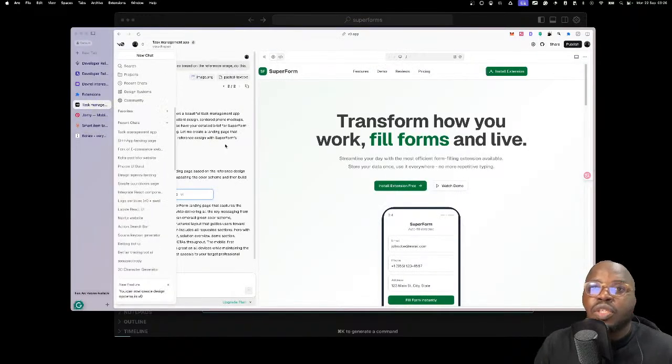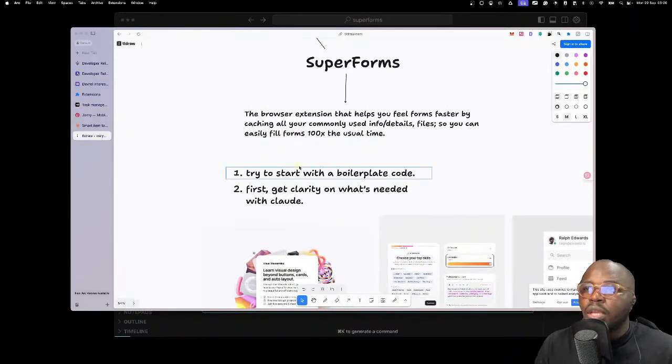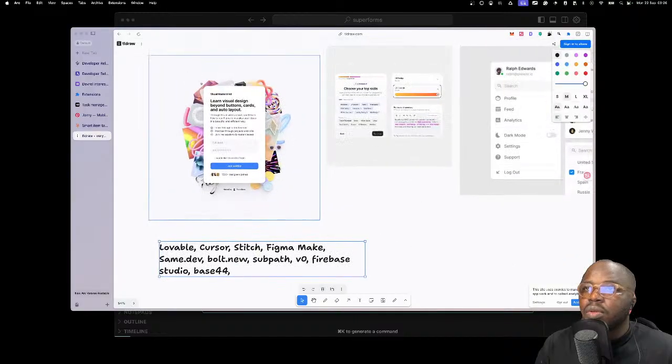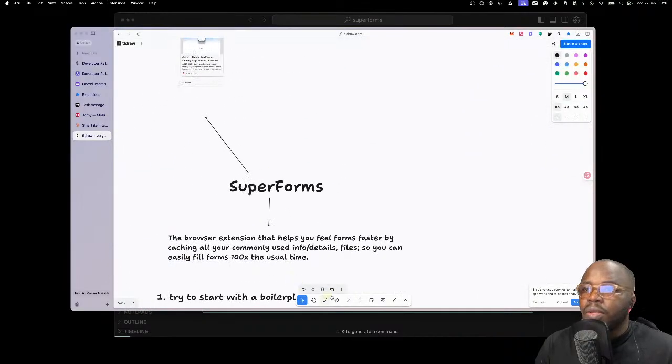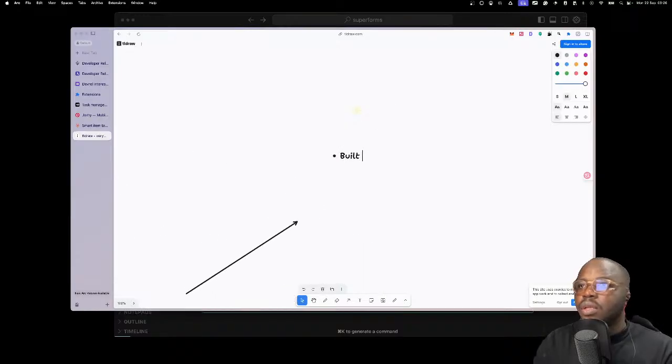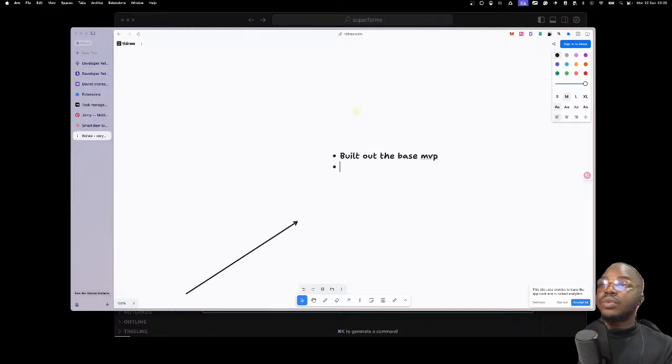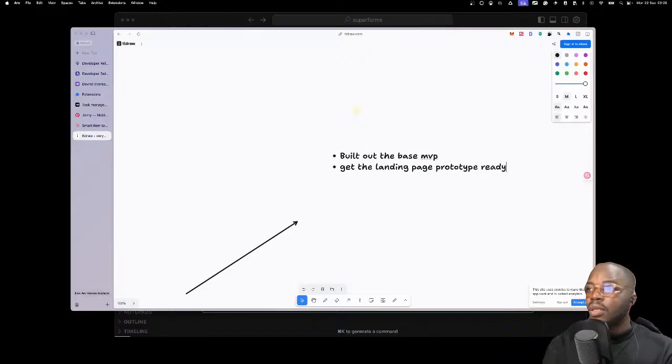So what I've been able to achieve is we've gotten to a great milestone. We can pick this up from here later. What I've been able to do is build out the base MVP. We've also been able to run tests, get the landing page prototype ready, right?